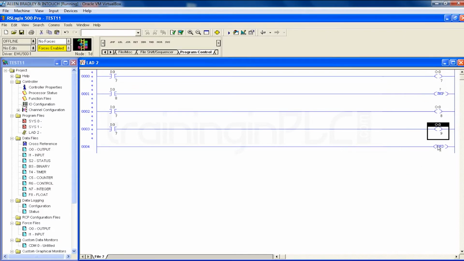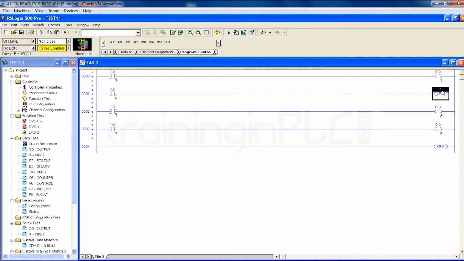So now what I'm going to do is skip this second rung. Whenever I don't want to turn on this O colon 0/8, that time I want to skip. So this is the rung I want to skip. In that case, you need to introduce the jump instruction before the rung, right? So if you want to skip this output, you need to introduce the jump before the rung.